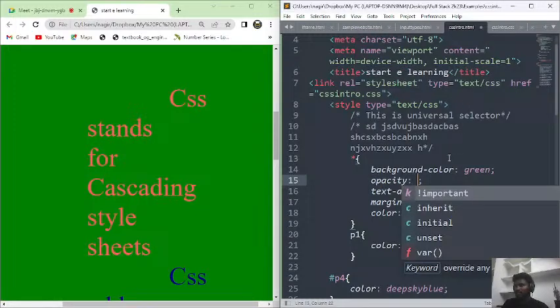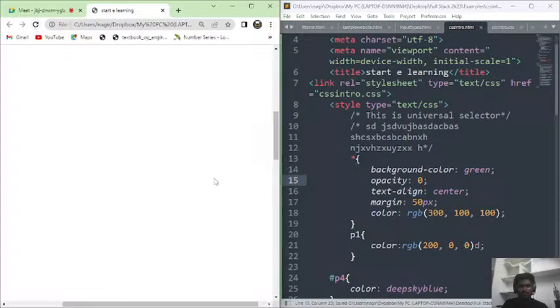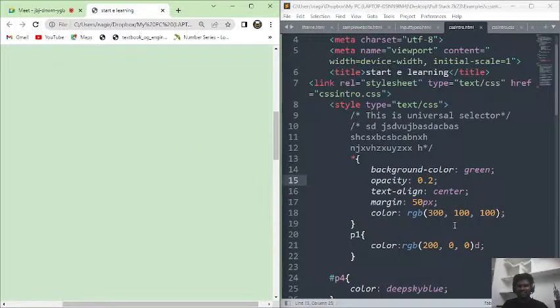So its value ranges from 0 to 0.6, I think, right? If you set it to 0, see here, nothing is going to be displayed. And then if you give the opacity value as 0.2, a little bit is displayed like this. And then if you give the opacity value as 0.3,